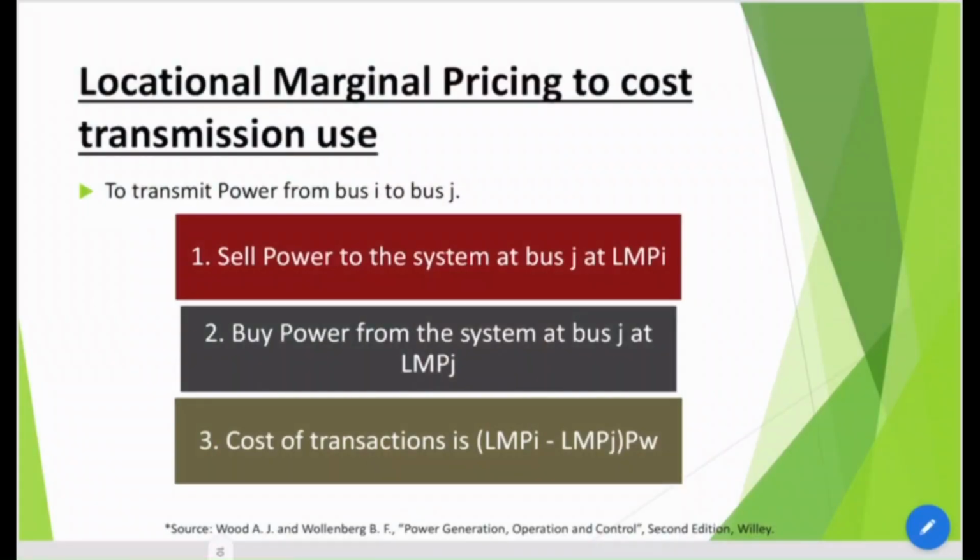Now, locational marginal pricing to cost transmission use is a very important area. First of all, you wish to transmit X megawatt of power from bus I to bus J. That is the transmission exchange you would like to carry out. Now, when you inject power at a particular bus, that is, you are selling power at bus number I, and someone is ready to buy power at bus number J, or you are injecting at Jaipur and someone is